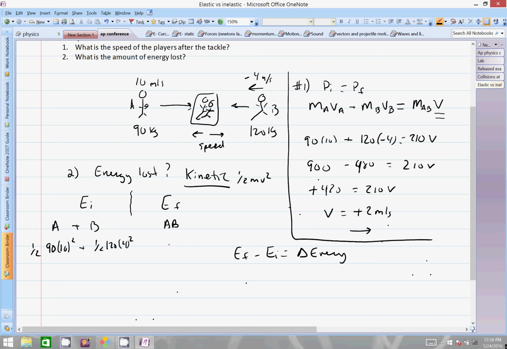And then this side here is 1/2 times, and I have now this velocity at 2 squared. Alright, so these are my two energies, energy before, energy after. So let's do our math. 10 squared is just 100, times 90 times 0.5 equals 4,500 joules of energy. And then this guy is going to be 0.5 times 120 times 4 squared, and we get